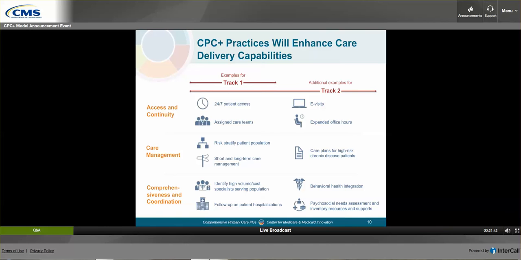For comprehensiveness and coordination, our function 3, in the primary care setting, this refers to the aim of practices meeting the majority of their patient population's medical, behavioral, and psychosocial needs in pursuit of each patient's health goals. Comprehensiveness builds on the element of relationship that I talked about with access and continuity, and that is at the heart of effective primary care. This work will involve building capability within the practice to meet some of those needs and building strong and coordinated referral networks within the medical neighborhood and with community-based services to ensure that other needs are met.